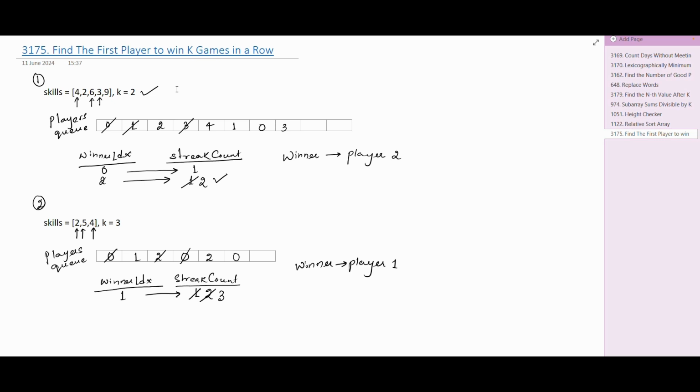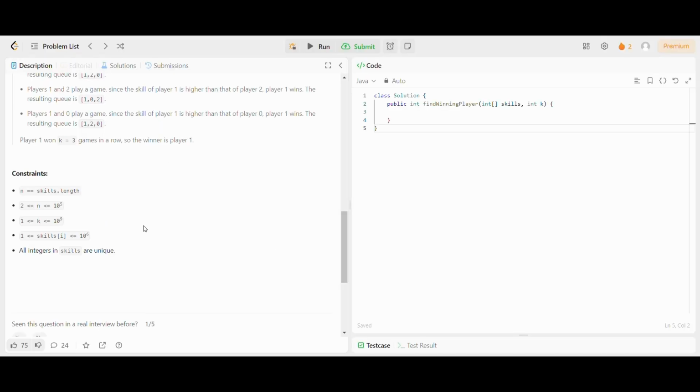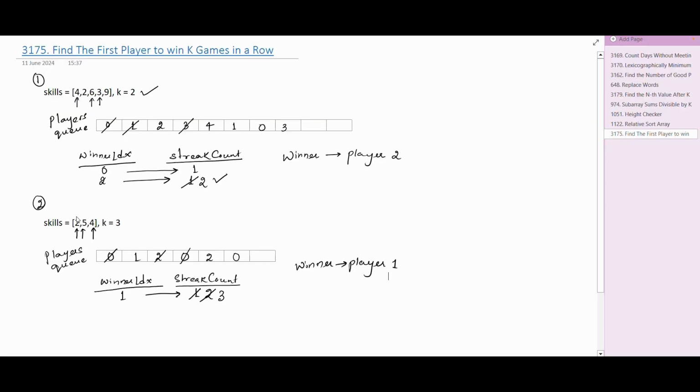To solve this problem, we can use a queue and run this process till we find a winner, that is, till the strict count of a player reaches the value k. But in the problem, you can see it's given that k is less than or equal to 10 to the power 9. So if we follow this process, then we will get a time limit exceeded error. So now let's